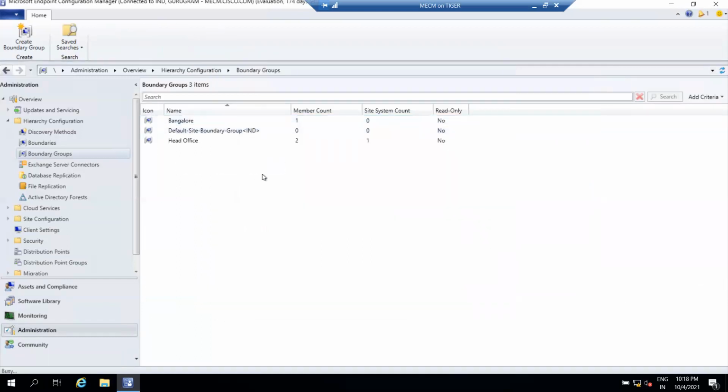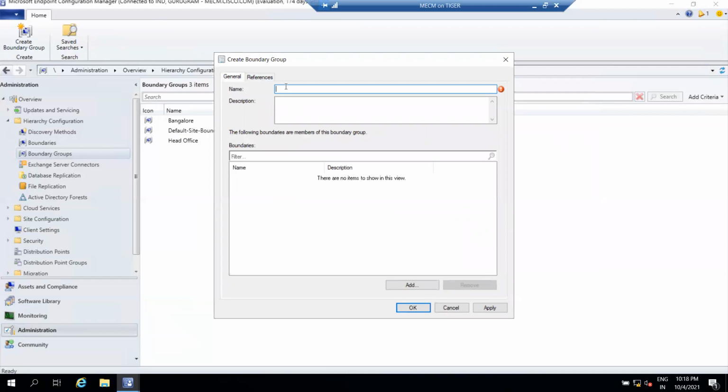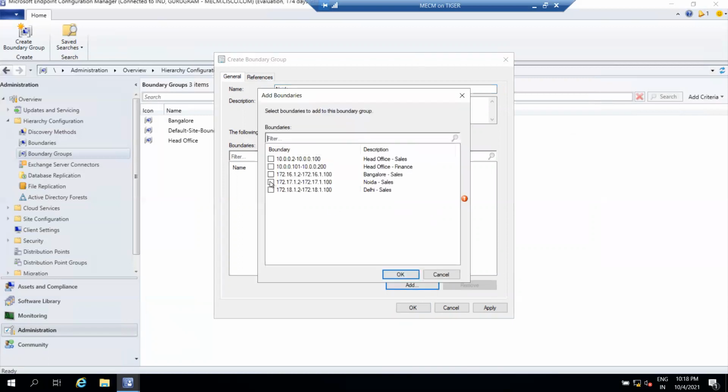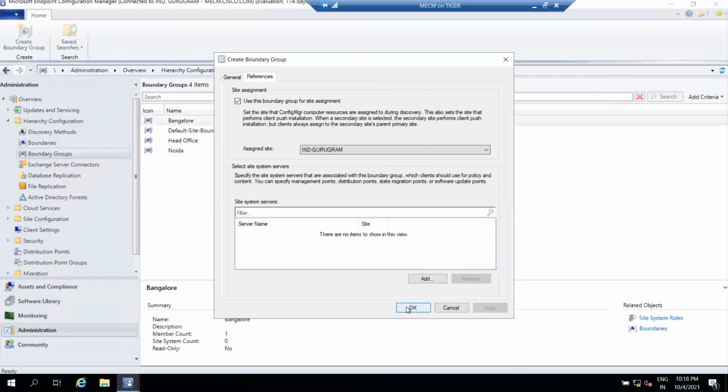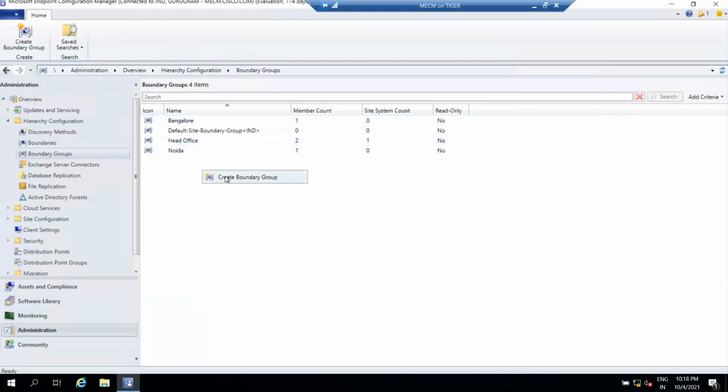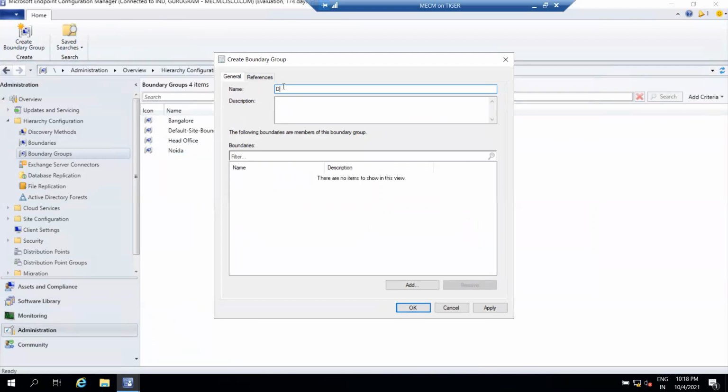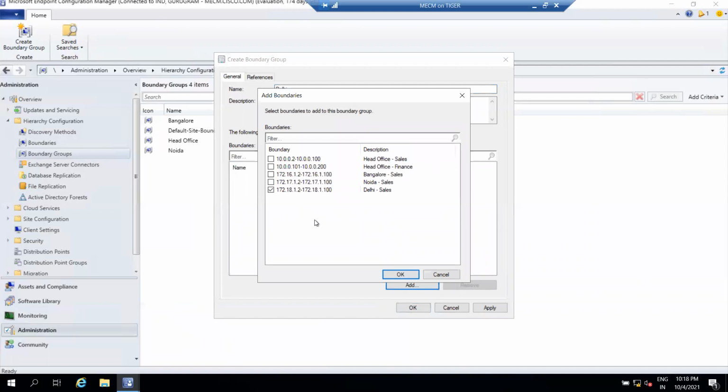Same thing, you will have to create another boundary group for a different location, Noida. We have added the Noida boundaries in this, and site assignment, apply, okay. Same thing, you have to create a boundary group for your Delhi remote location. Click on add and add the boundary.